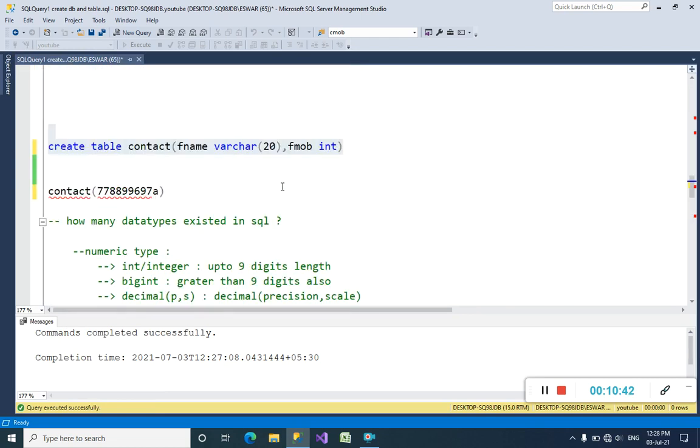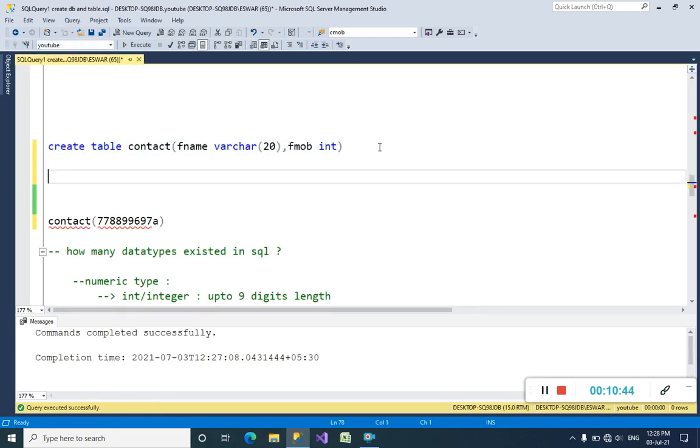I want to insert values inside this contact table. Insert into contact values. This is, guys, a predefined query. We cannot change it or create any different types of insertions.